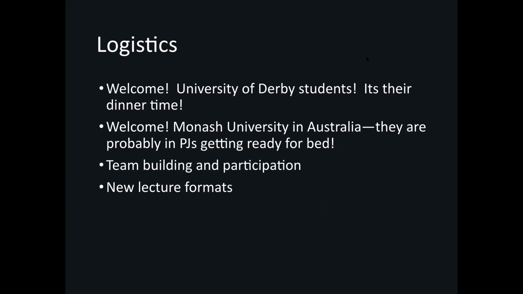But we're going to do a little bit of changing of the format of these lectures. For each lecture, we'll make sure we have some time for team building and participation for all the SDG teams. We'll keep our lectures short so that they are interactive. And we will have discussion sections. So starting next week, we will have guest lectures for the following 4 weeks that will talk on different topics. Next week will be sustainability in business, and we're bringing a CEO from business from California in for the discussion. And the SDG 12 team will be the host for